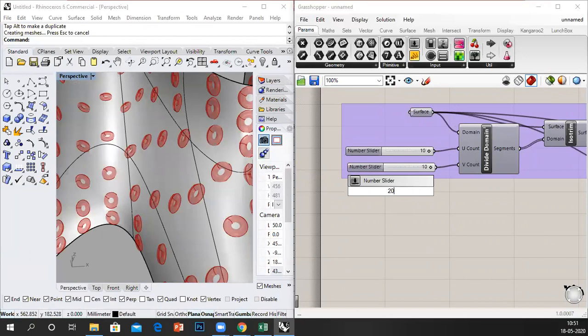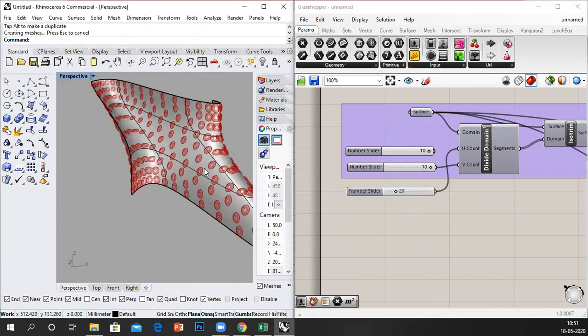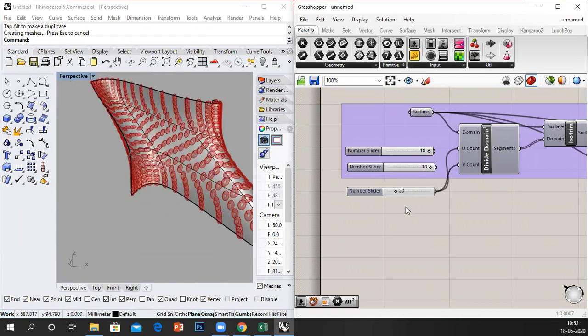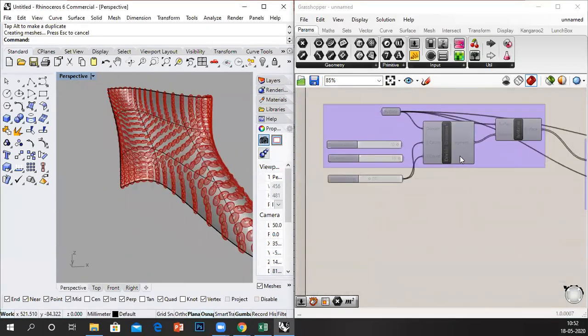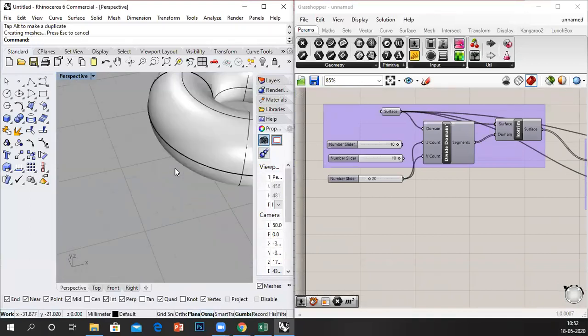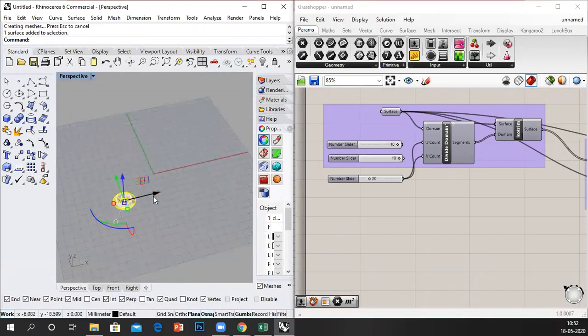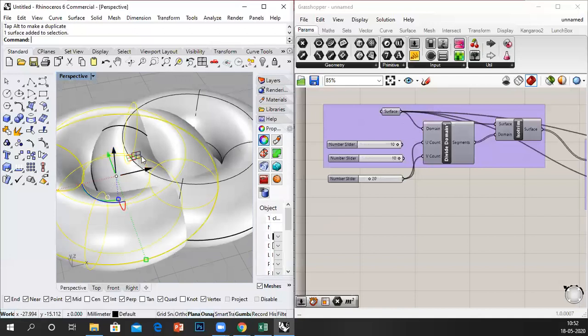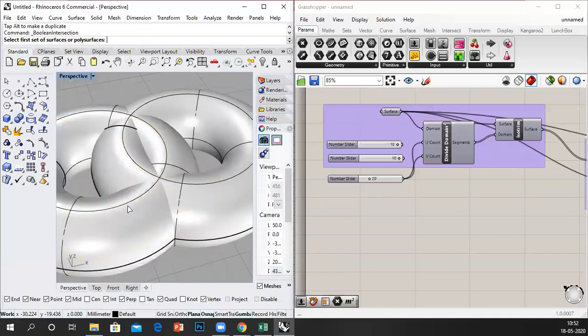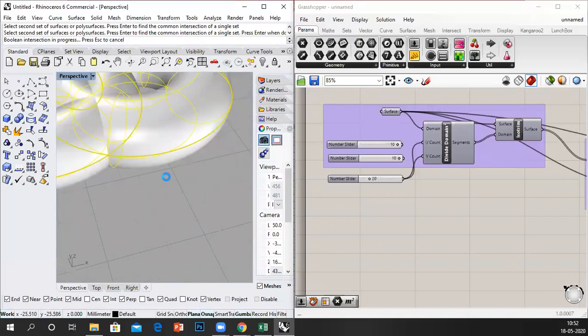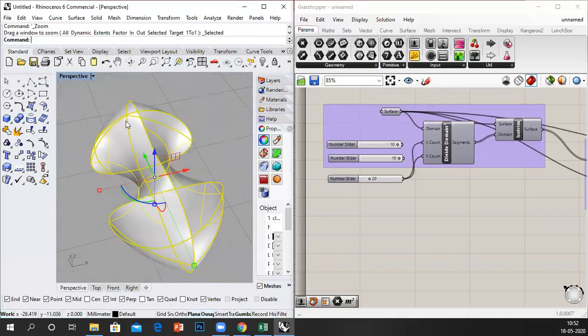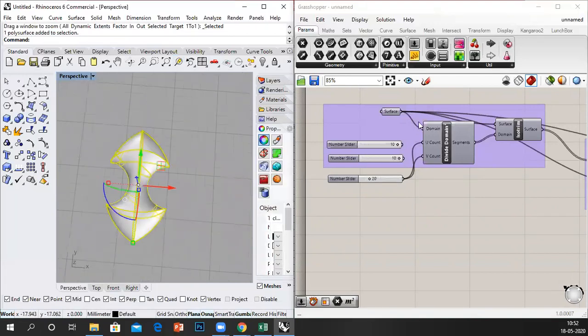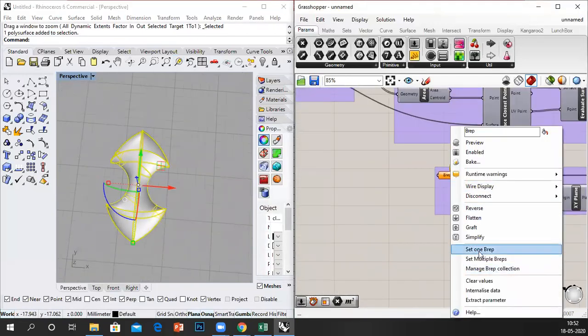Here the slider is 10-10. What if I give it 20? So when I give 20, it proportionately keeps changing. Say if I connect 20 to the other end also. So there you go. It doesn't necessarily have to be the torus. Say if I'm doing a boolean, if I'm doing a boolean intersection. So boolean intersection object 1, object 2, enter. So I've got a very interesting shape geometry here. So either one, what I'm gonna do is plug it into my Vref.